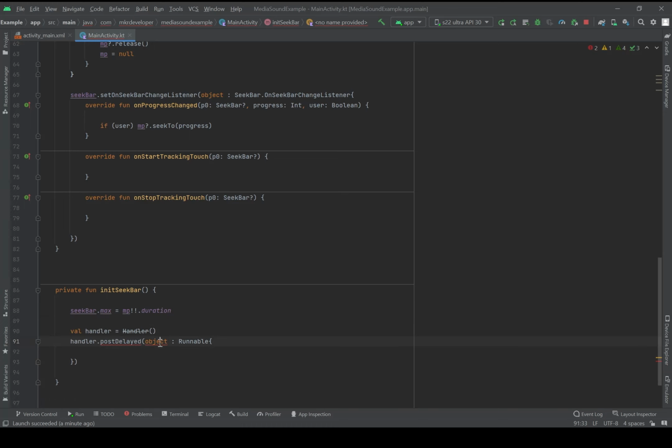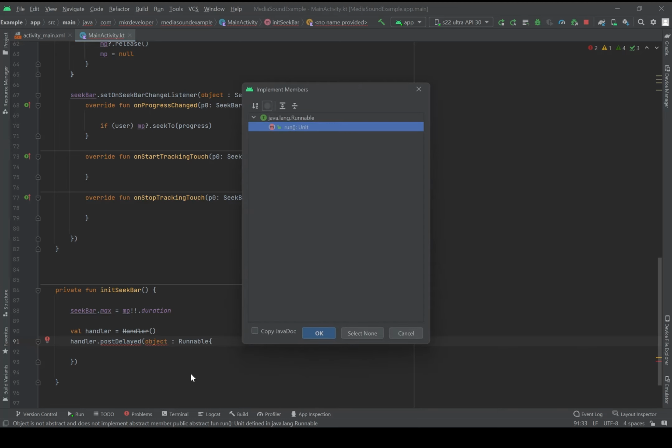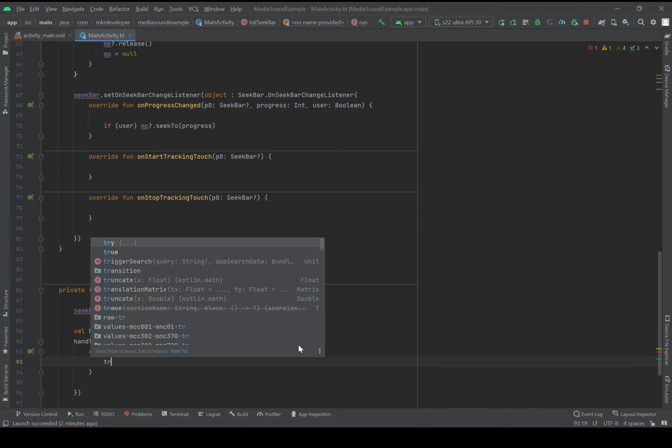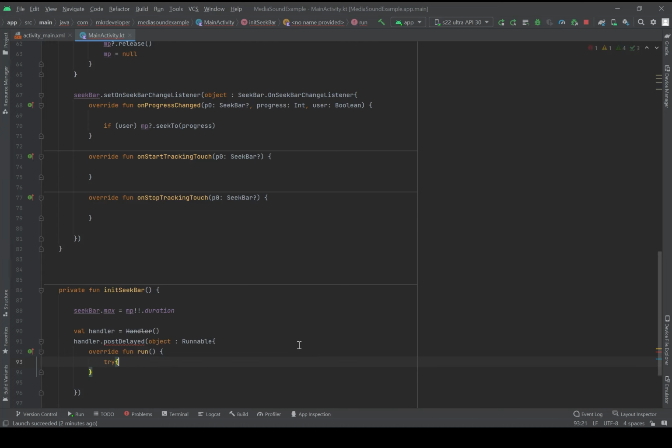And again I will click on this object and implement method. Okay, here into this function, the run, I should write try and